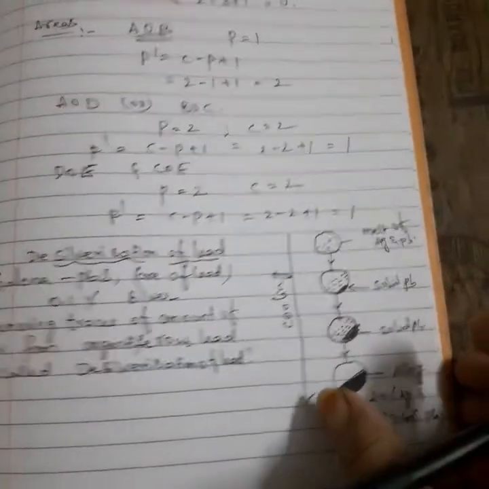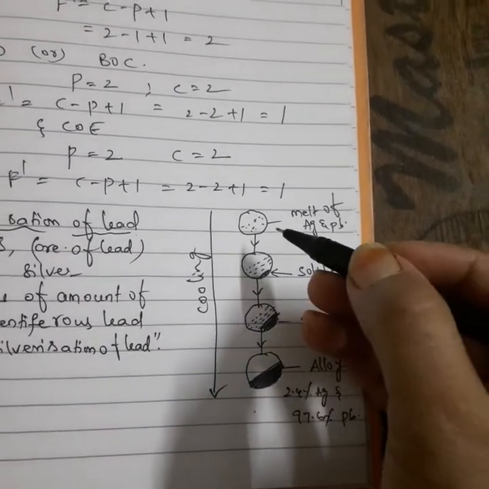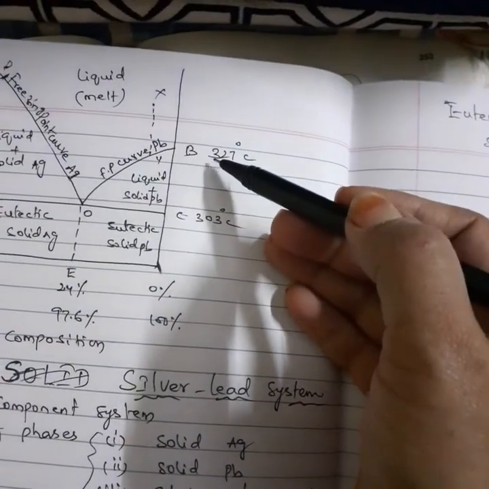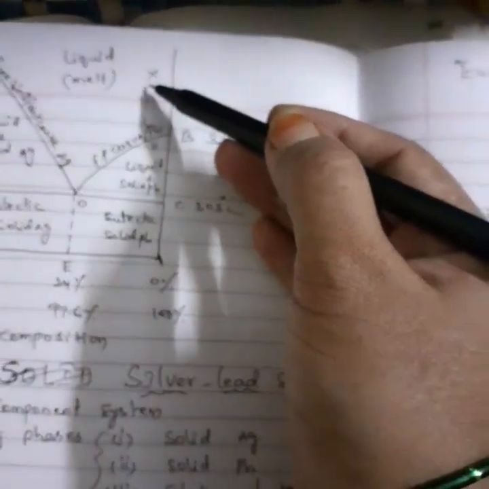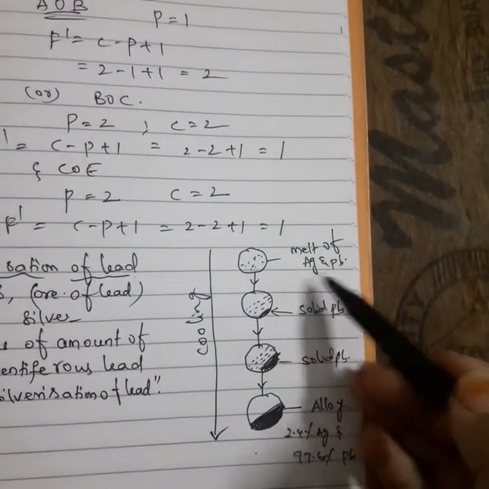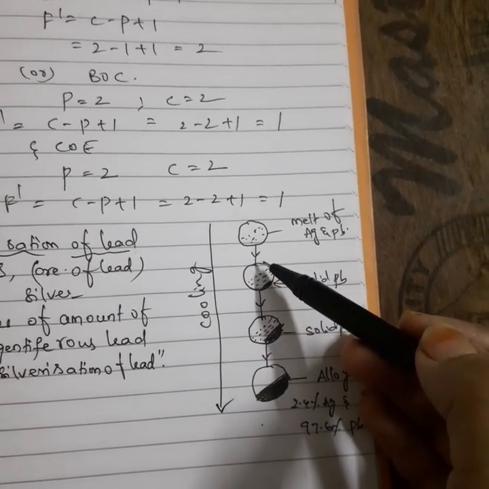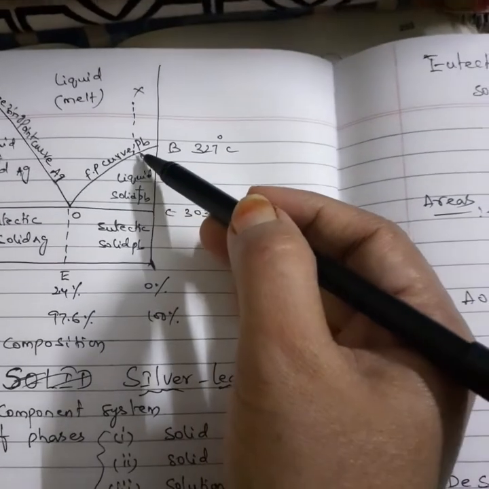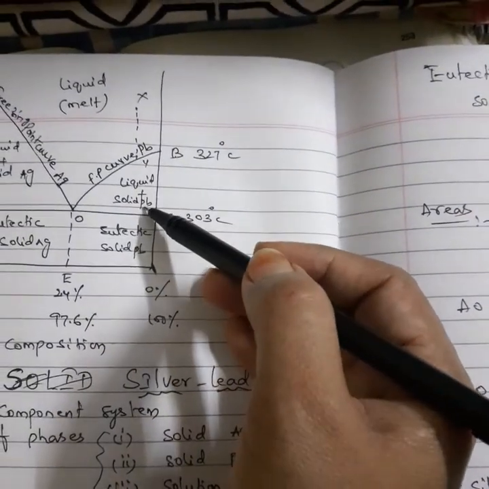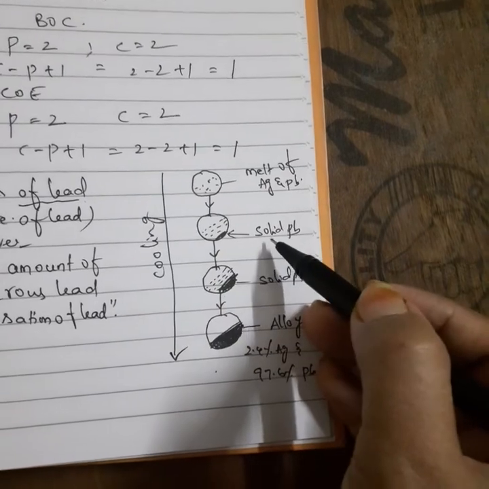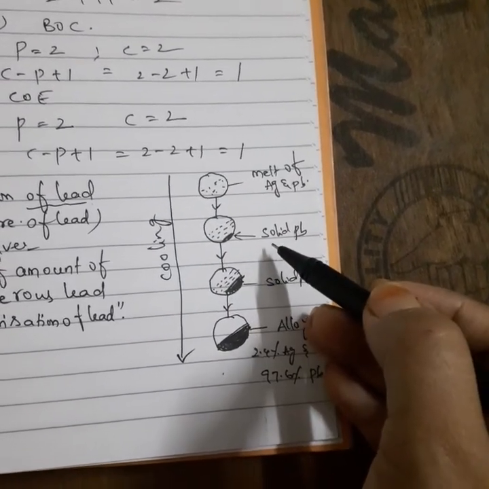So, how are we doing that? We will see here. First we start above the temperature 327, like X. We are starting at the point X, where both these are in molten condition, right? Now I am cooling, slowly cooling. When it reaches Y, this lead will start solidification, isn't it? Lead will start solidification. See, I wrote it as a dark line here. Solid lead will start here.